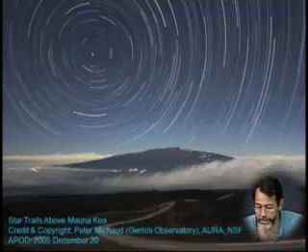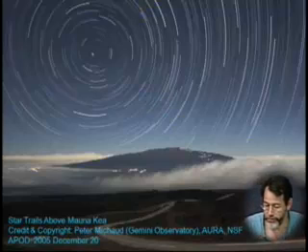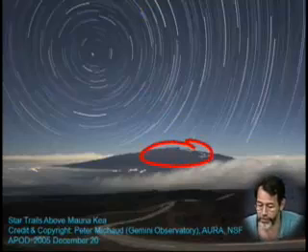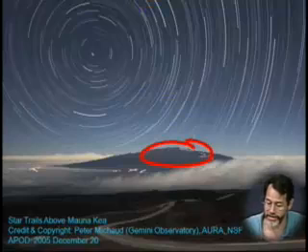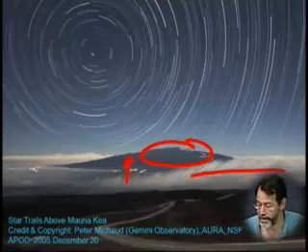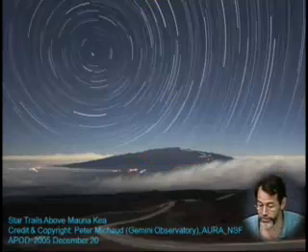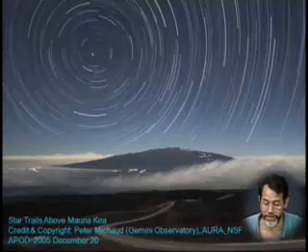Okay, so here we're starting to get into these strange circles. So this is Mauna Kea, which is one of the best observing platforms on Earth. One of the reasons for that is that it's so high that it's above much of the atmosphere. Here you see clouds below it. Another reason is because it's relatively dry. And another reason is because the waters of the Pacific around Hawaii don't have lots of cities that light up the night sky, for one thing, and they stabilize the night sky for another thing.